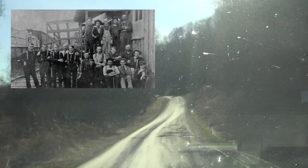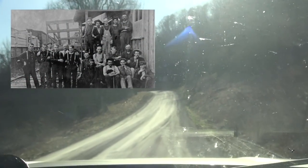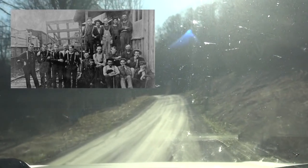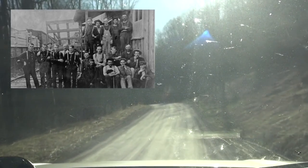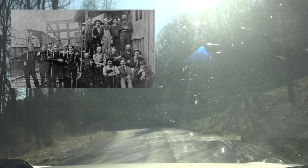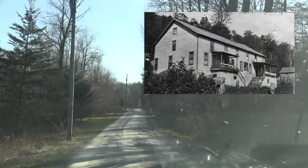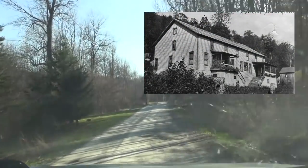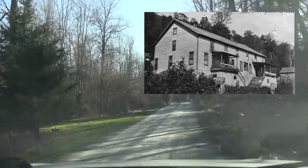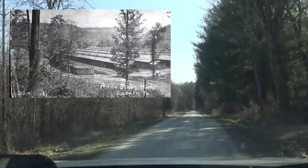Out to your left as you go by Pop's place, you would have a boarding house out there, and the Hub and Veneer plant was out in that direction. There was also another boarding house to my right as we come around another curve right here. And then you would start seeing off to the left in the open valley out here the drying sheds